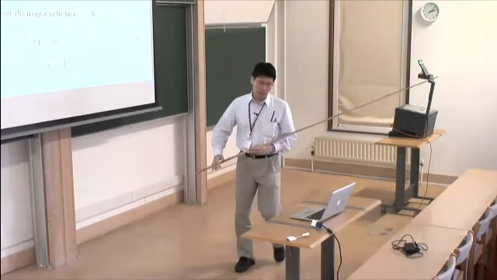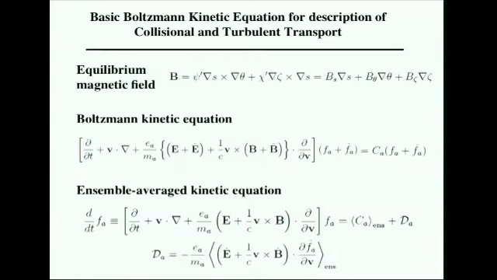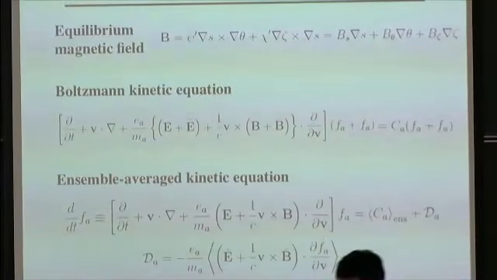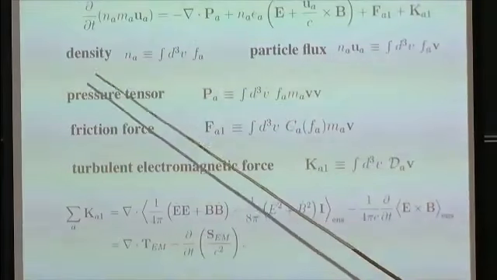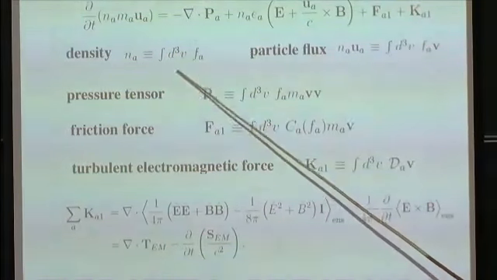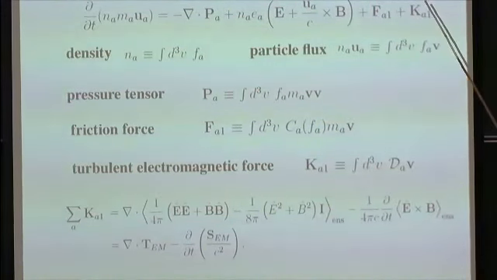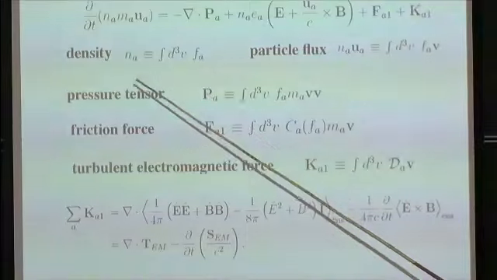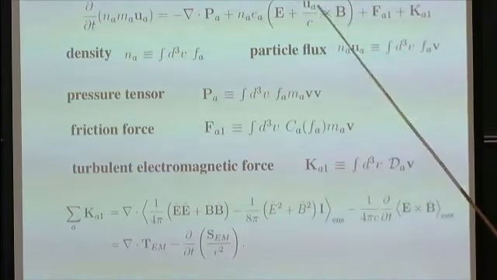Then, if we take the first moment in the velocity space of the original ensemble averaged kinetic equation, we can get the momentum balance equation like this. Here, N is the ensemble averaged density, and N u is the particle flux of the ensemble average distribution function. And also, the pressure tensor and friction force are all defined in terms of the ensemble average